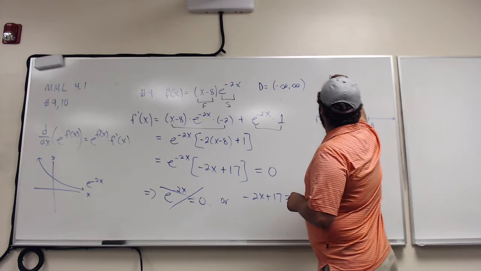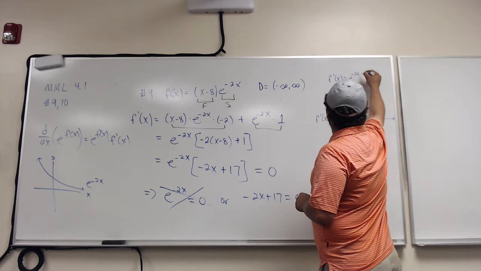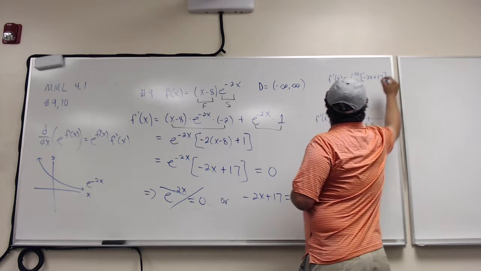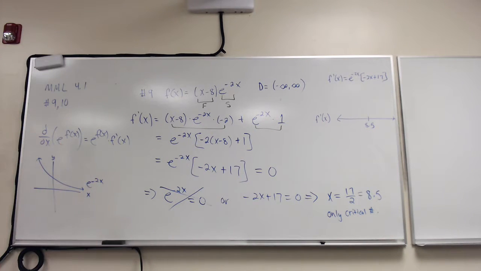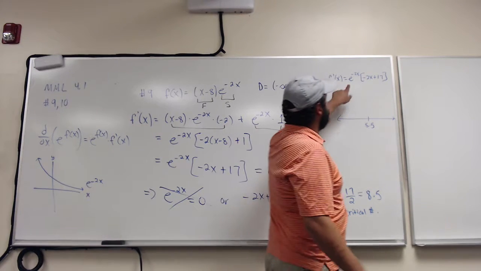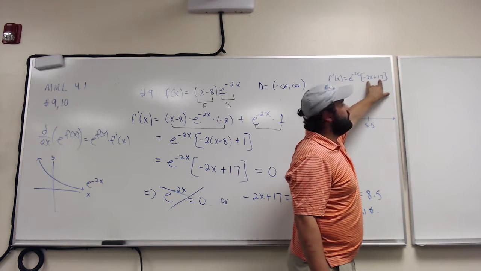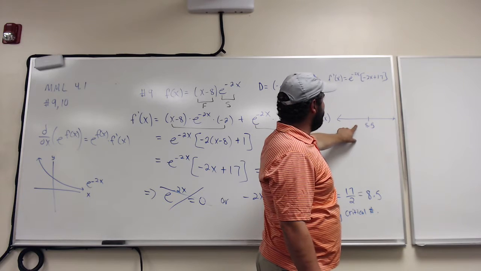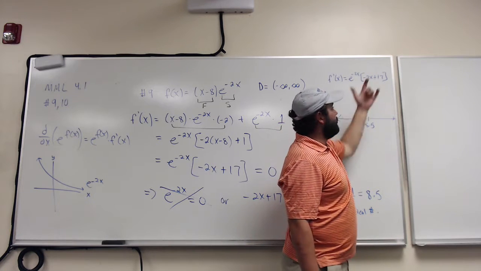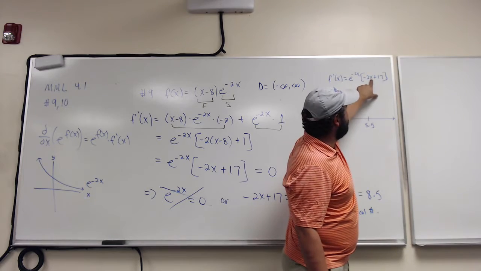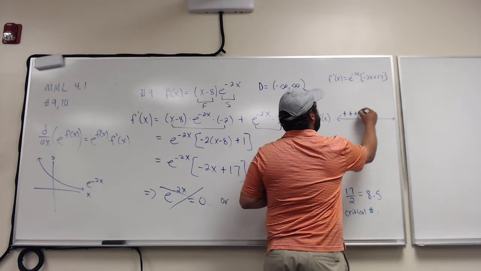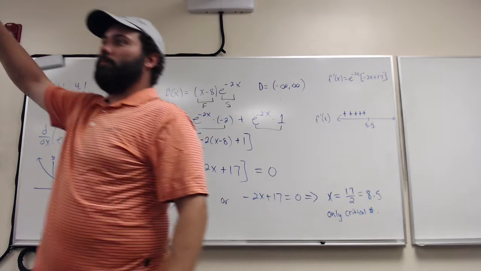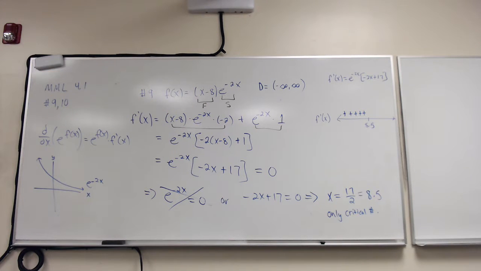So remember f prime of x, we already found it. It was e to the minus 2x times minus 2x plus 17. The e to the minus 2x is always positive, right? So this term is always positive, so the sign is completely determined by this linear factor. If we plug something less than 8.5 in, I believe like we can use 0 as a test value. Negative 2 times 0 plus 17 is positive. So to the left of 8.5, the function would be going up or increasing. And then what happens if you plug something bigger than 8.5